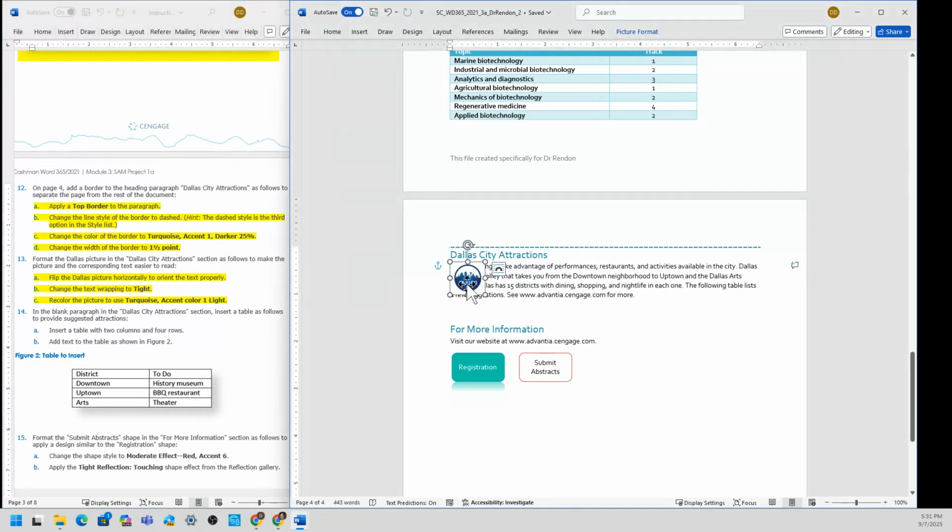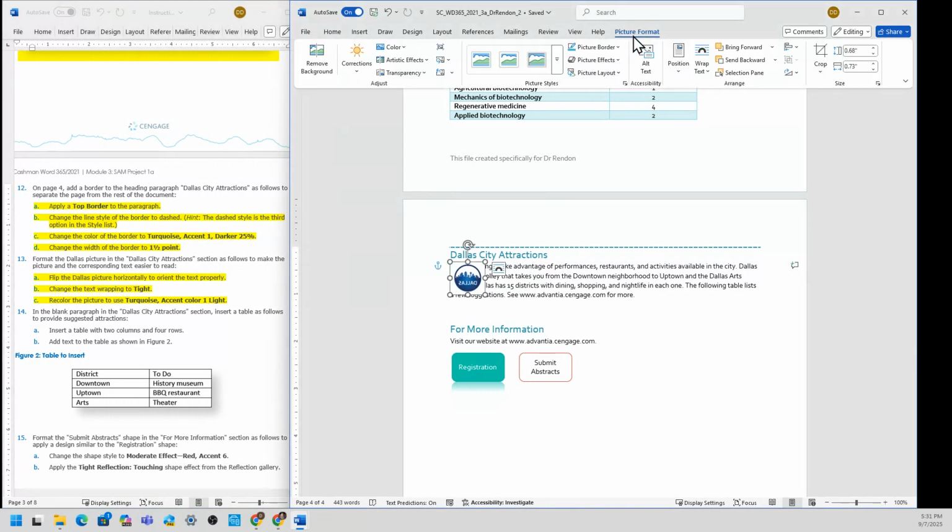Now select the picture first, select picture format tab, and then we need to rotate horizontal. There you go. Now you can read the word Dallas.